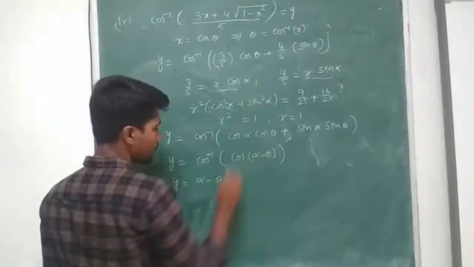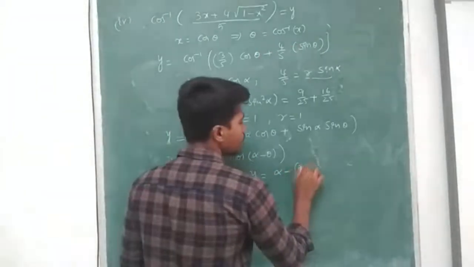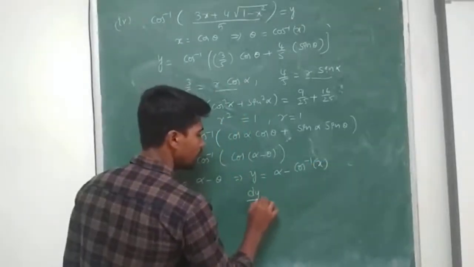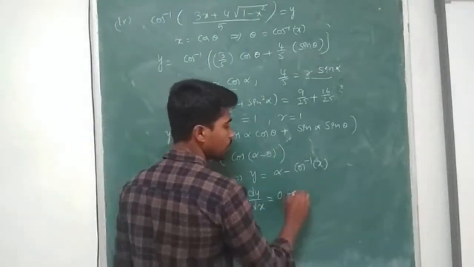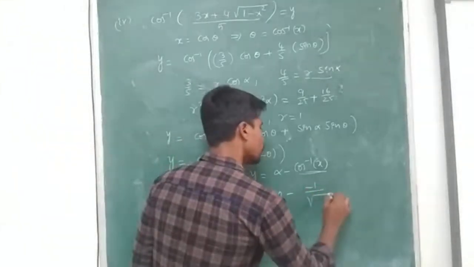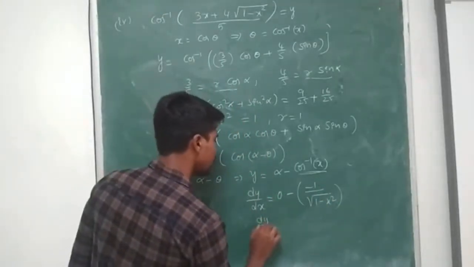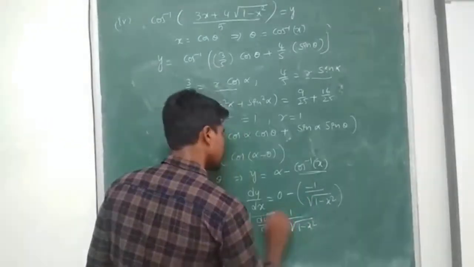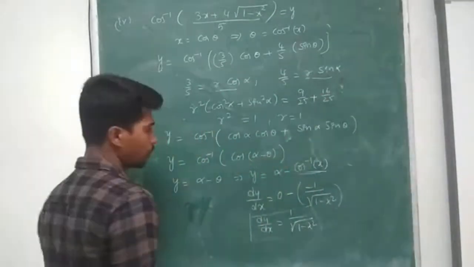Theta is given as cos inverse x. That implies y is equal to alpha minus cos inverse of x. Now dy by dx is equal to, alpha is a constant so we get 0, minus the derivative of cos inverse x with respect to x, which is minus 1 by root of 1 minus x square. Minus into minus is plus. Therefore dy by dx is equal to 1 by root of 1 minus x square. We shall move to the next problem, which is sin inverse of